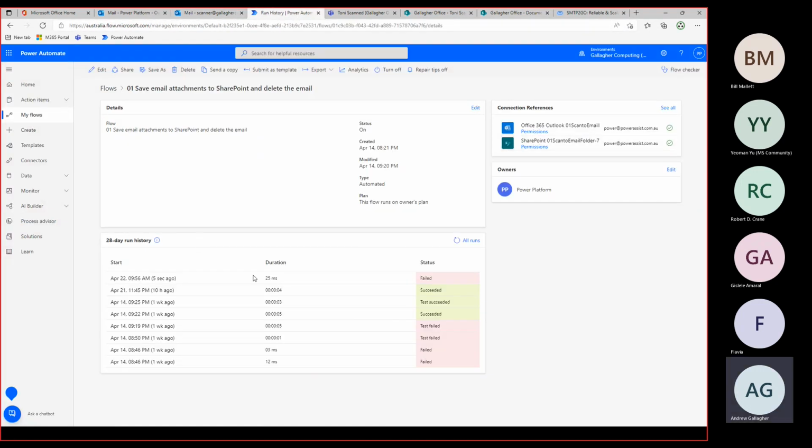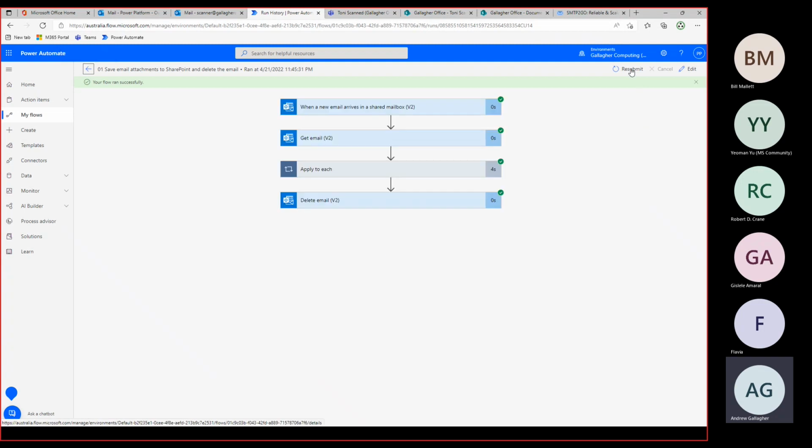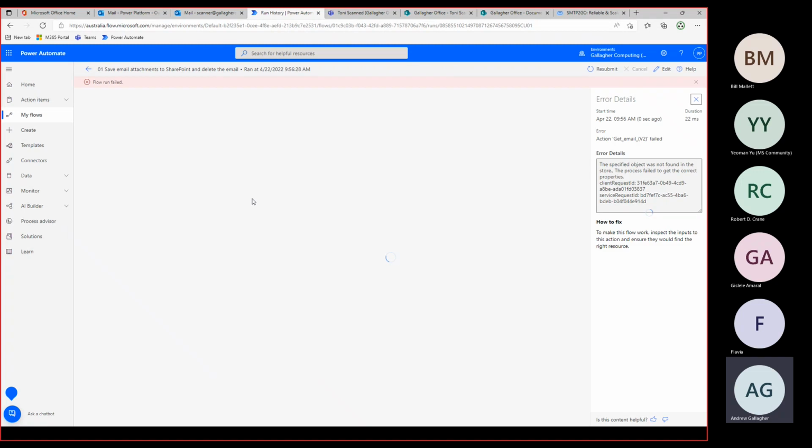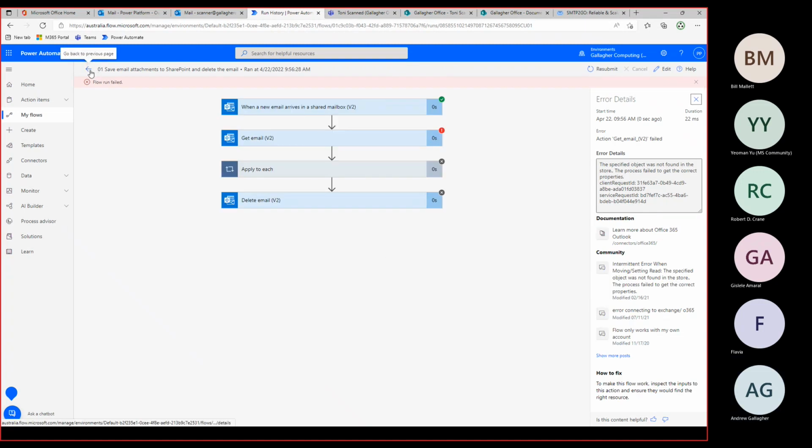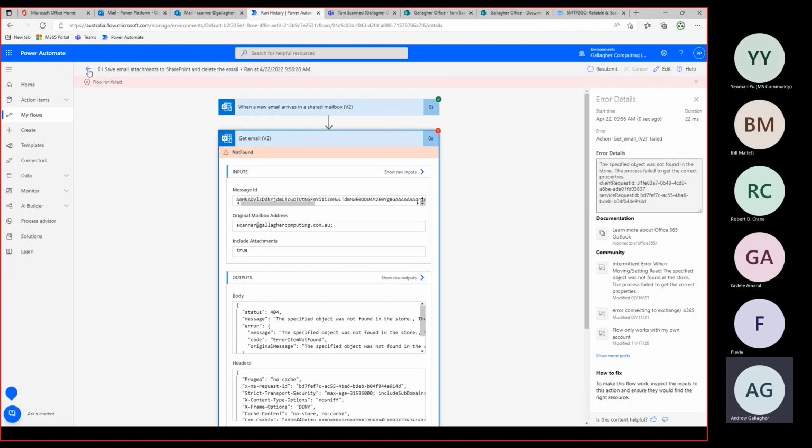That one failed when I re-kicked the one that I did last night because the email had been moved into the deleted items.